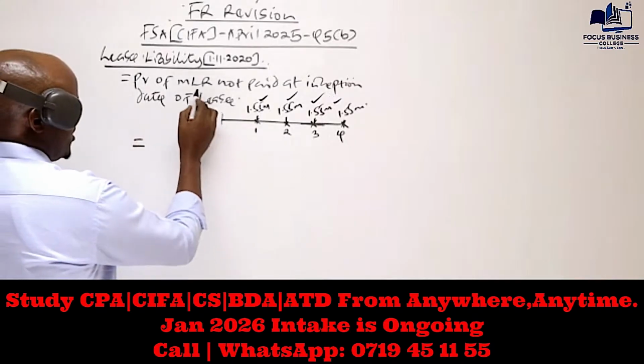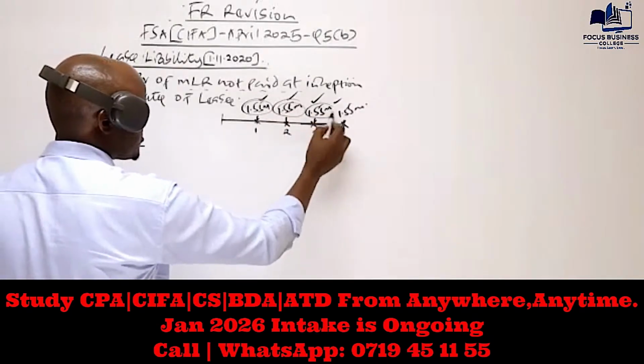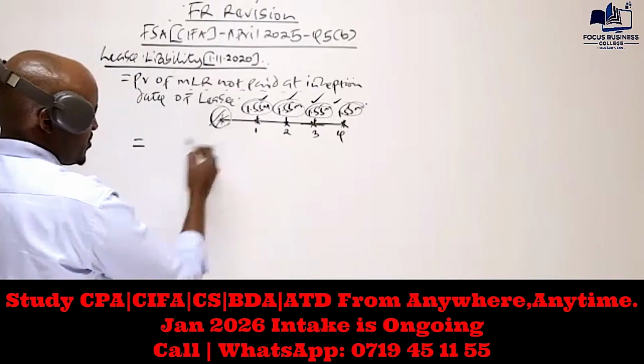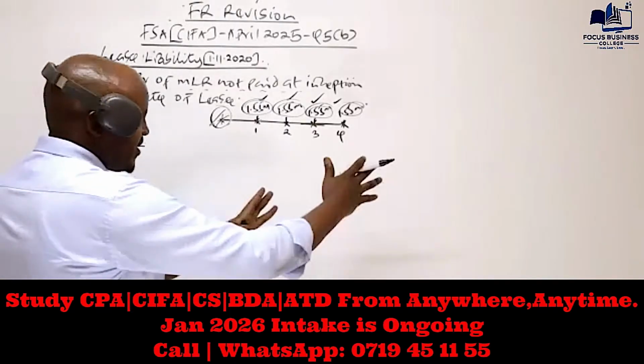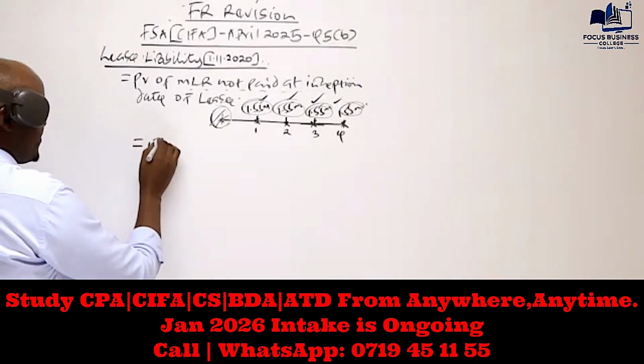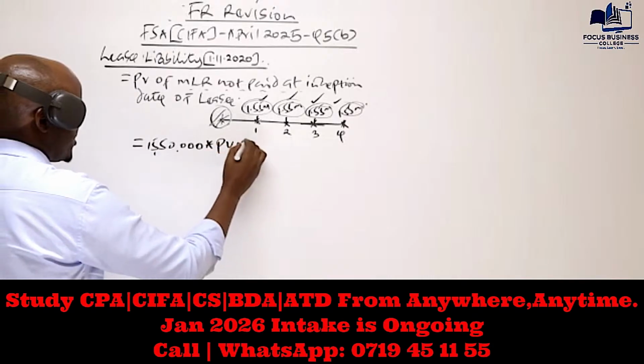We discount the minimum lease rentals not paid at the inception date. Now, all of these amounts, you can see they were not paid at the inception date because there is no amount which was paid there. Because we said we discount everything excluding the amount paid at the inception date. So we will take 1.55 million, we multiply this with the present value interest